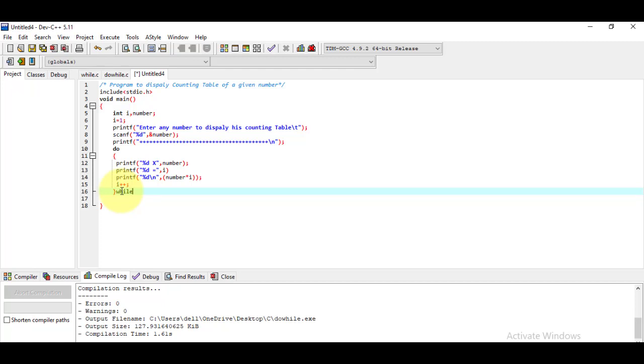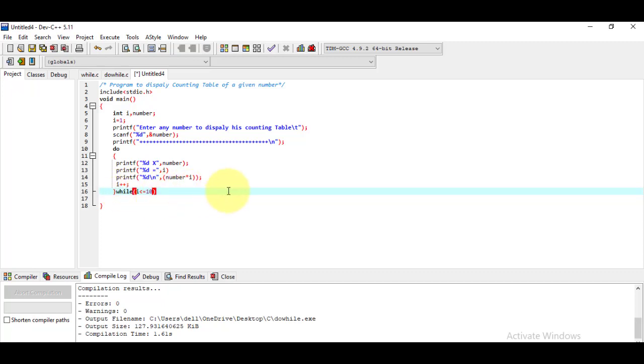So here I am writing while I becomes less than or equal to 10. I just wanted to display the table of 5 or any number up to 10. That's why I have the condition set over here where I becomes equal to or less than 10.